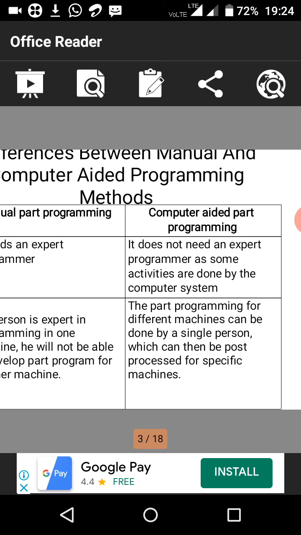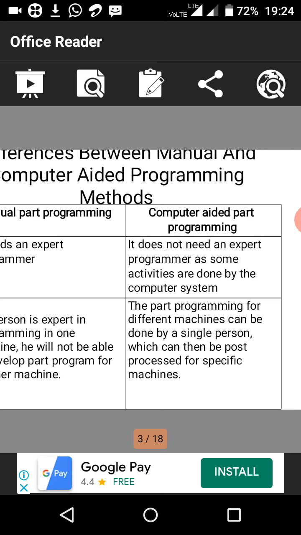Next, manual part programming is less flexible. Flexibility in programming is less. So in manual part programming the flexibility is very less, whereas in computer aided part programming flexibility is more, because we can write and check the program by simulation, and see how much total machining time it is taking and what metal removal rate it is taking. We can find all those things in the computer. That's why it is more flexible. Next, part programs are difficult to understand.